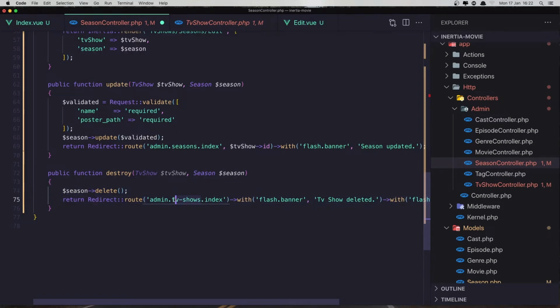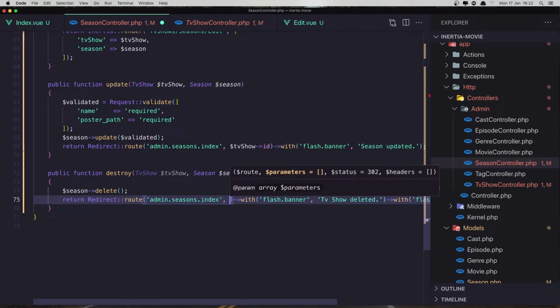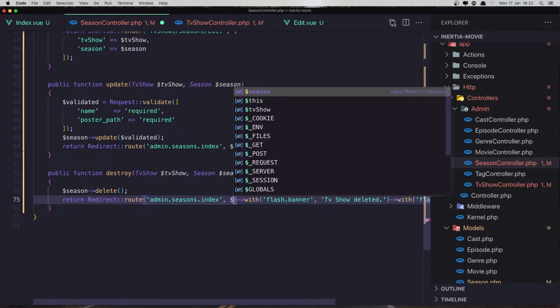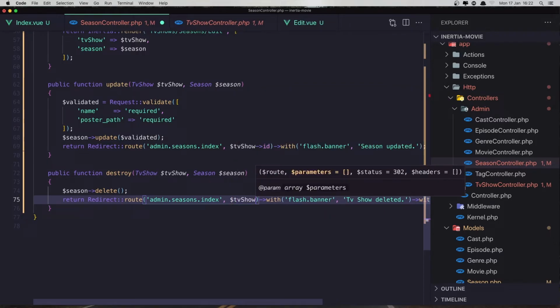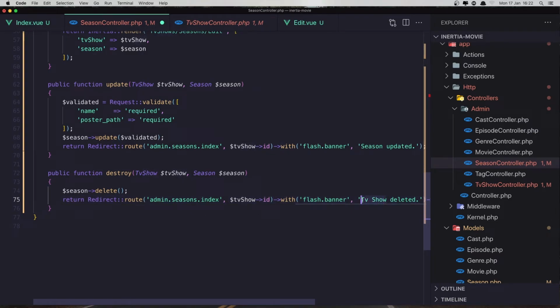Also the same thing here, we need to add season $season, and here the season delete. Also go back to the seasons index and paste the TV show ID. And I think we are, again, here we need to say season deleted, and we are good to go now. Save,